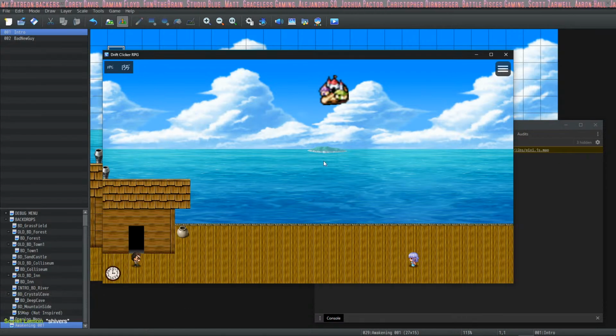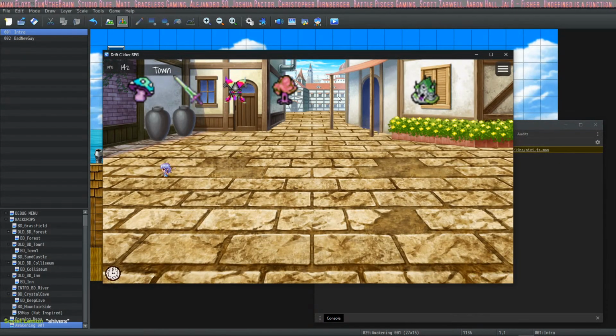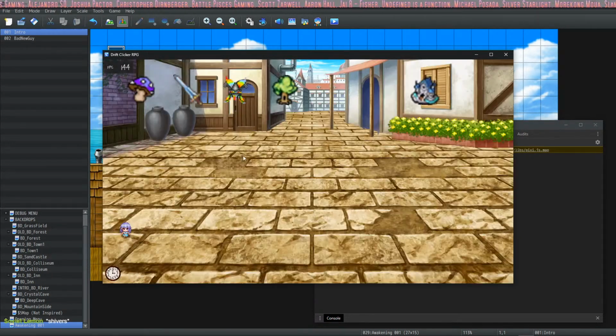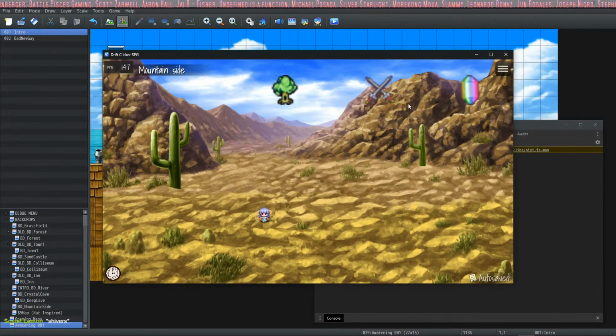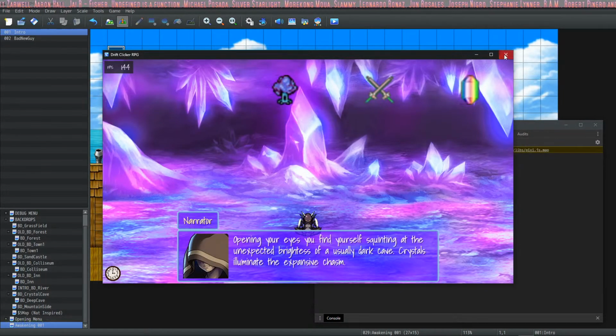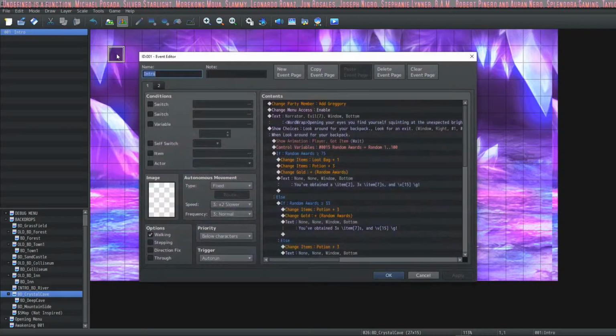And then I like how the town is also right here. She could swim to it with her mermaid powers. She just swims to it. Yeah, there you go. You get to town, and then you can just be like, boom, item shop, weapon shop, armor shop, forest, mountainside, crystal cave, opening. Oh, I have to change the crystal cave one, because that one has been changed around quite a bit.